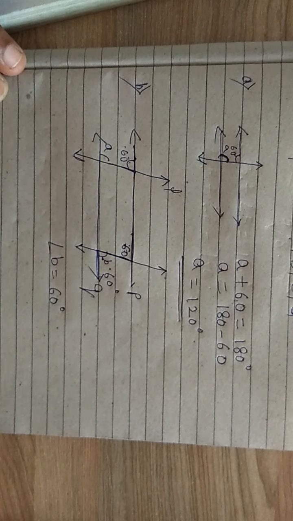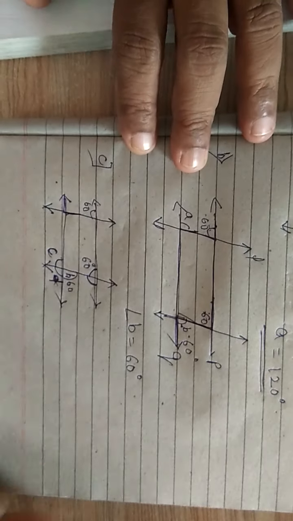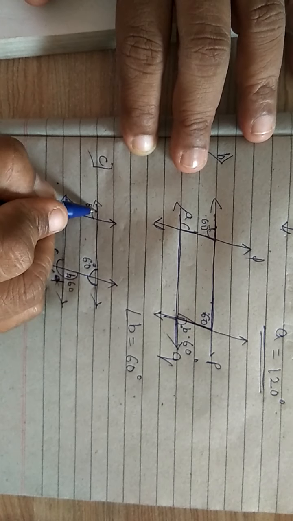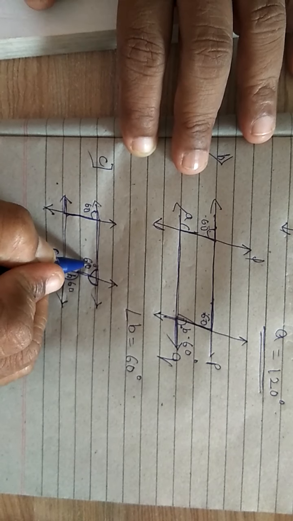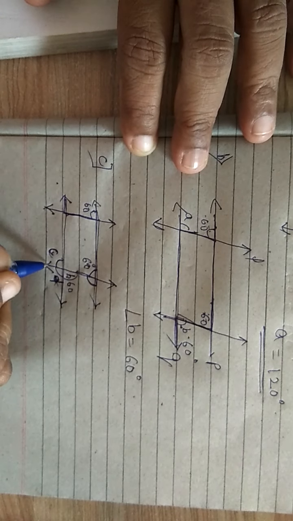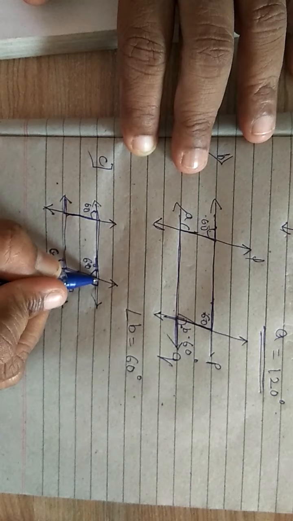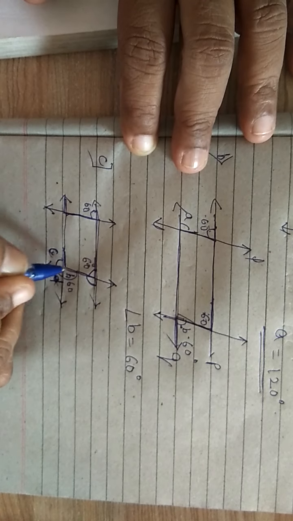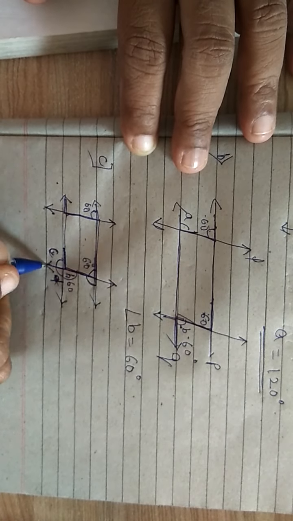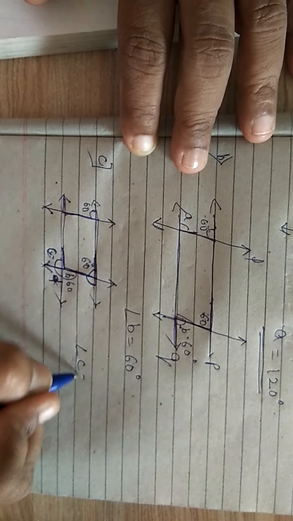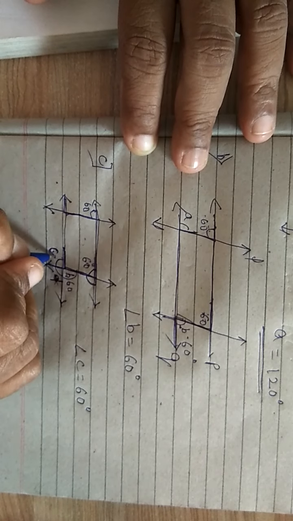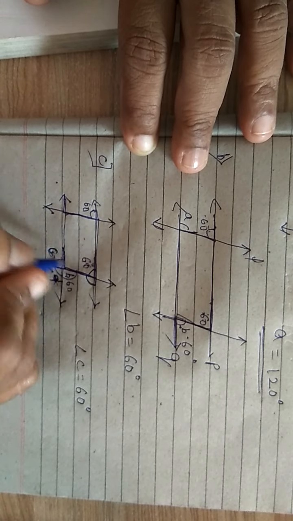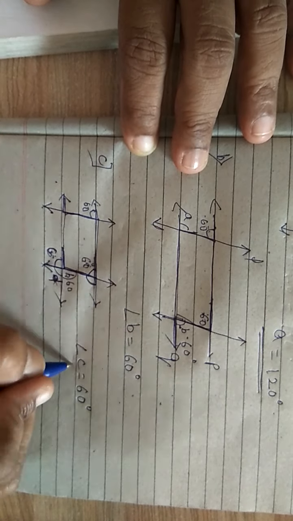Now children, let's find C, the measure of angle C. Here it was given to us as 60, so this angle was also 60 with us, as corresponding angles. Now see children, this C and this 60 are also forming corresponding angles. Isn't it children? See this one. So angle C will be 60 degrees because angle C and 60 are corresponding angles. So both are equal, and the measure of angle C will be 60 degrees.